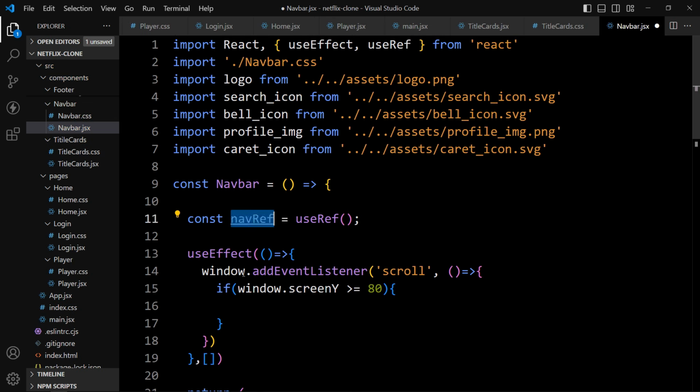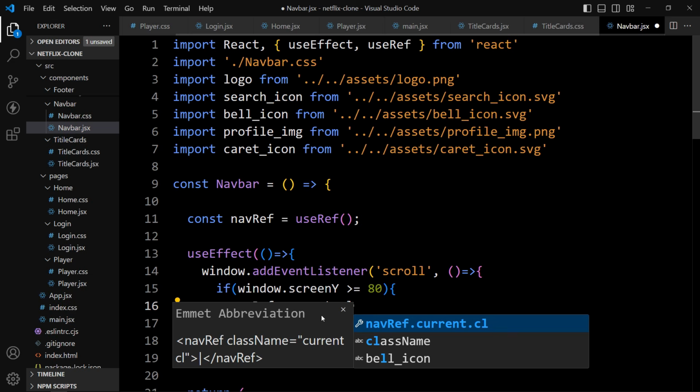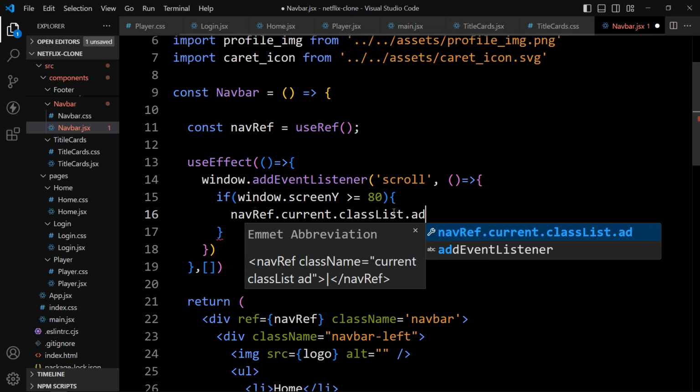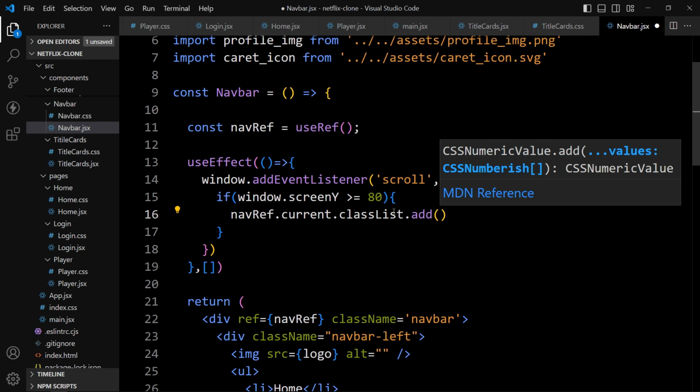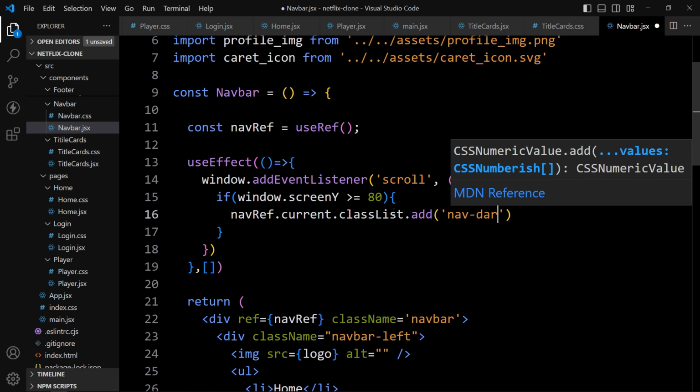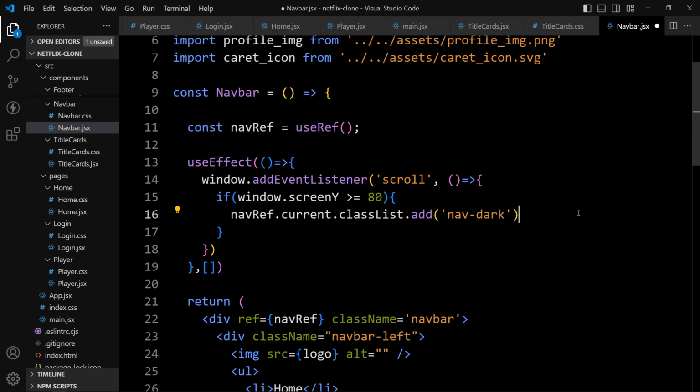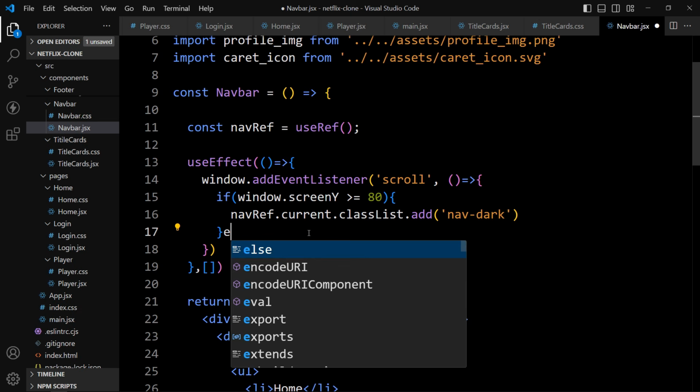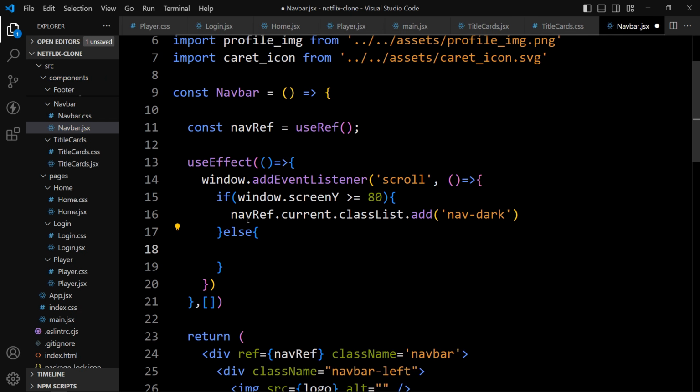In that case we will add this navRef, and in this one we will add current, then classList.add, and here we will add a new class name. So let's add the class name nav-dark. And here we will add the else condition, and in this one we will add the same thing, and instead of add we will add remove.